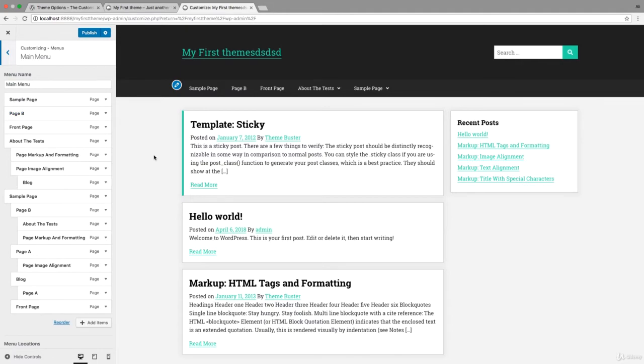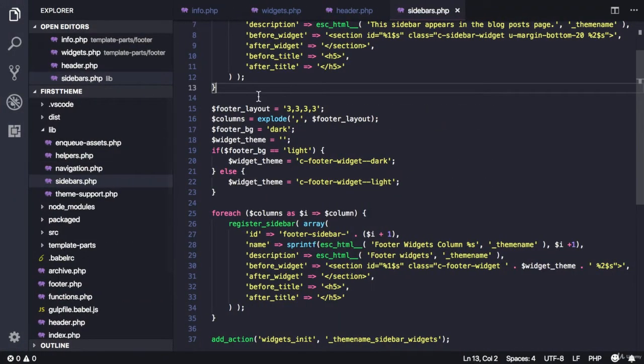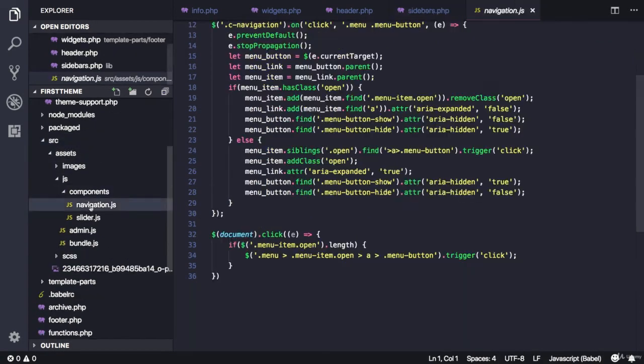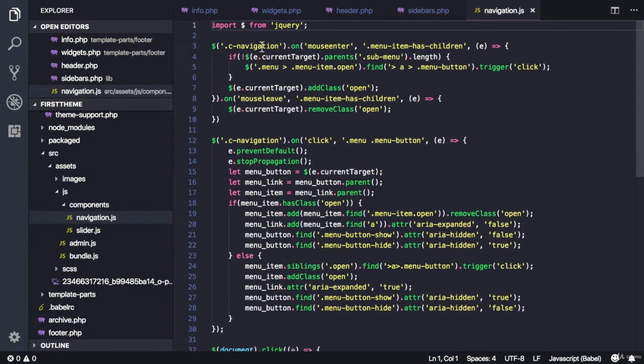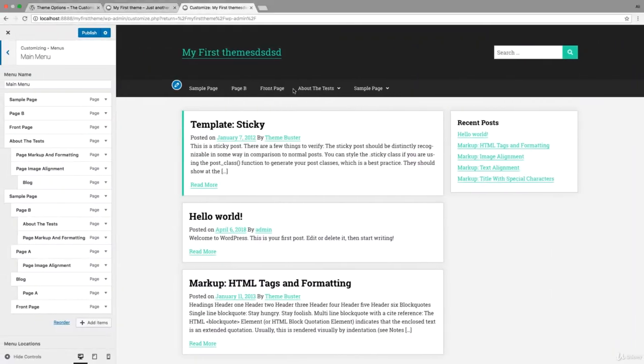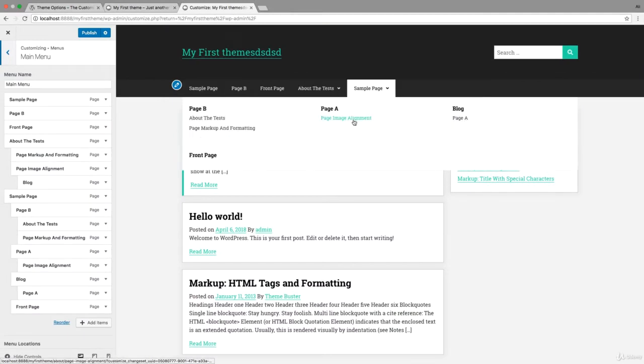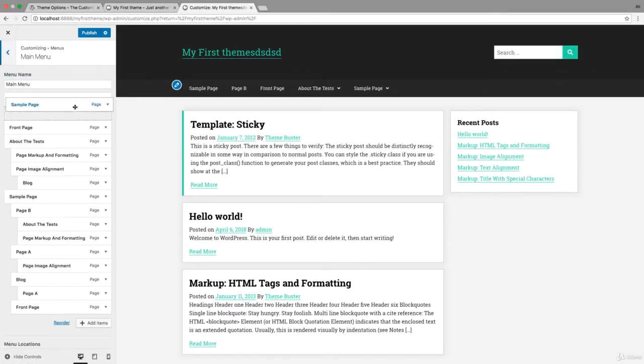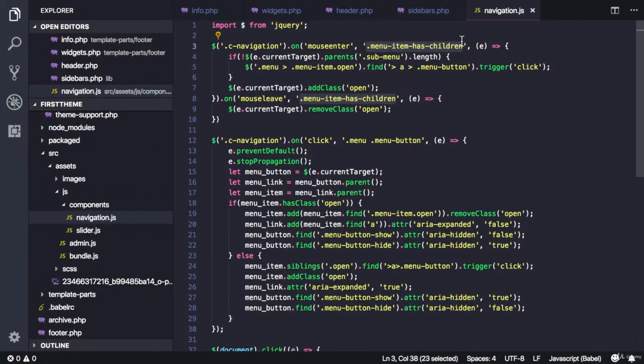One quick notice here: remember when we were creating the JavaScript for the navigation in source navigation, and I told you that we have to use event delegation here, and we can't attach the event directly to the menu item that has children. The reason was that in the customizer, our JavaScript is working and everything, and if you change something in the menu, the customizer will refresh this menu and add new DOM elements in the menu. So if we attach the event directly, let's try it out. Attach the event directly to the item,